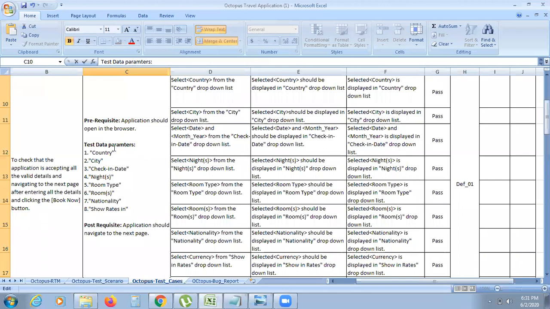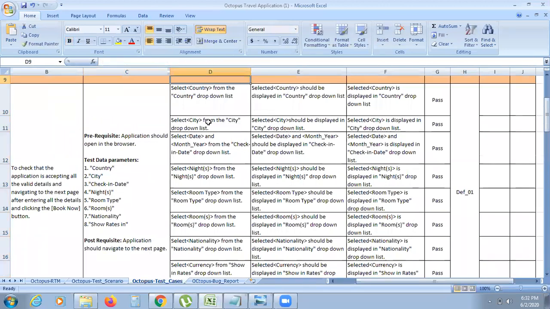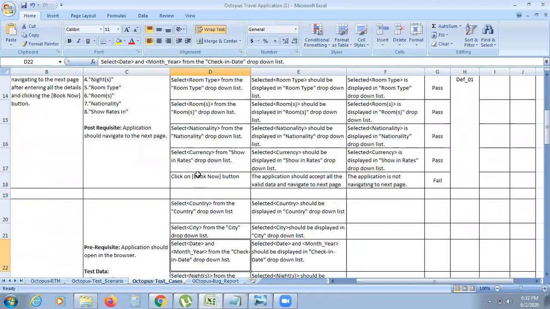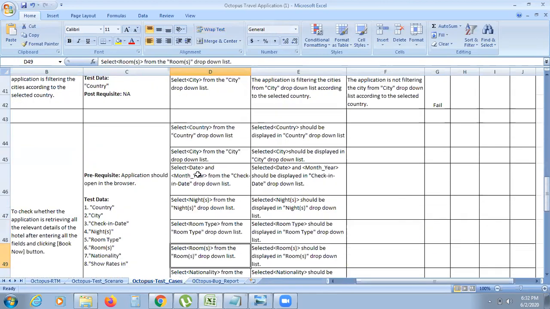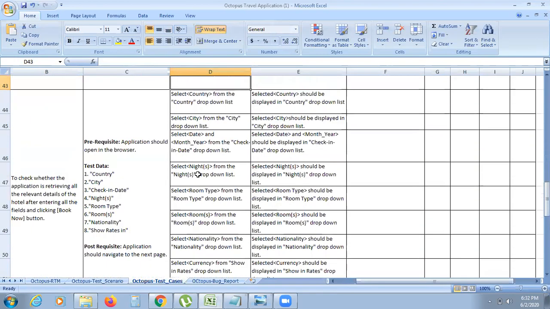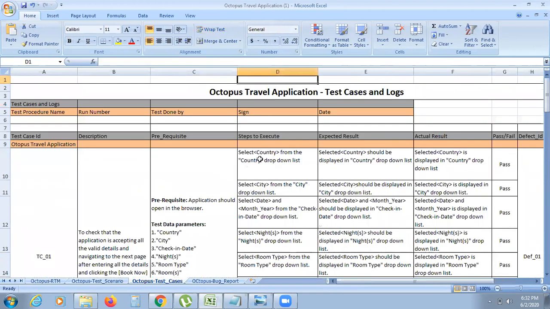Okay, so test data parameters, right? Parameters. Normally for select, we start with select. For a drop down, we do with select. For any enter button, we'll type it as enter. If you notice, this application has all drop downs, but normally we write select country from the country drop down list. If it is a text box, we'll write here